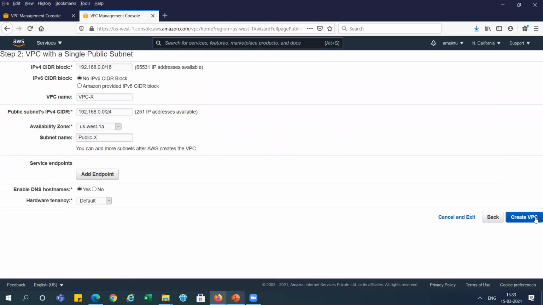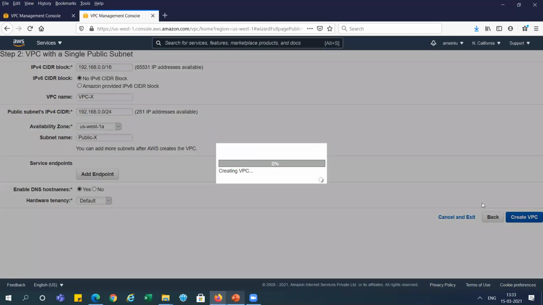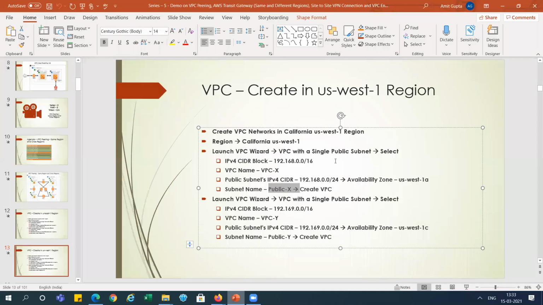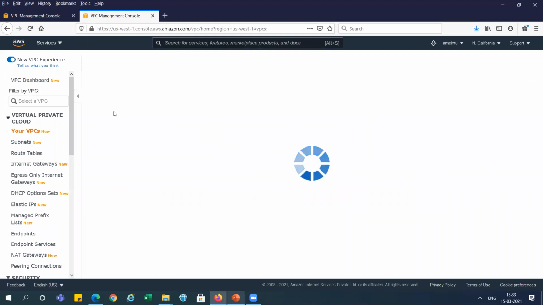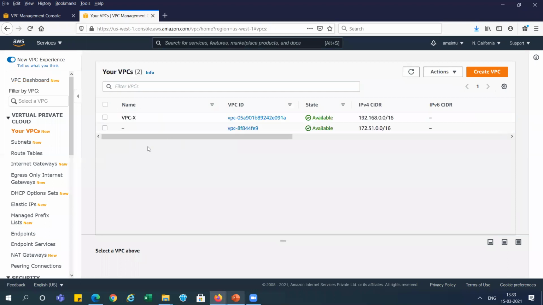So just go and create this VPC, right? You've done this step. Now we need to create another VPC. You can see here VPC X is created.